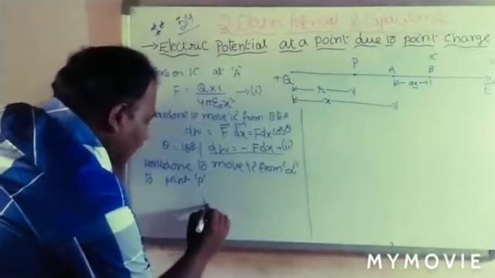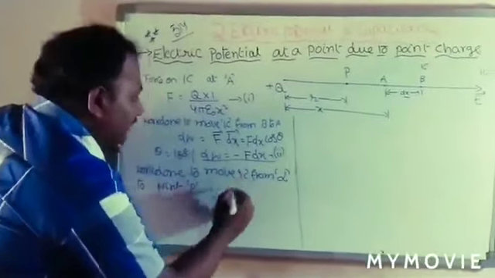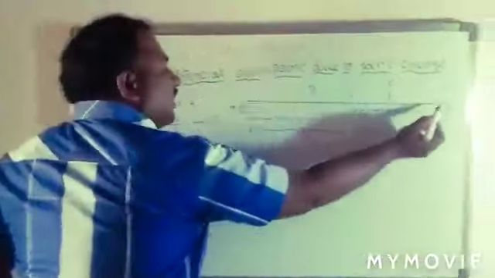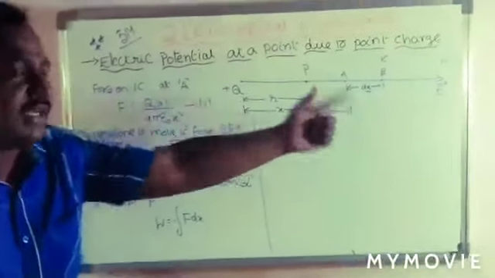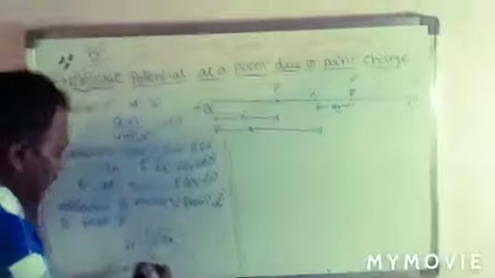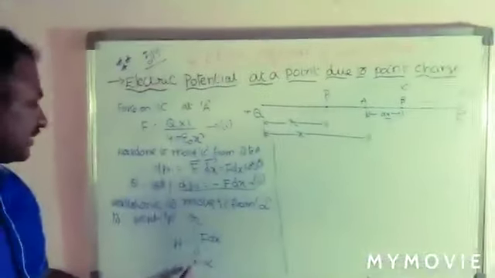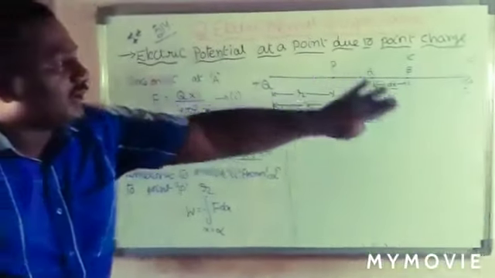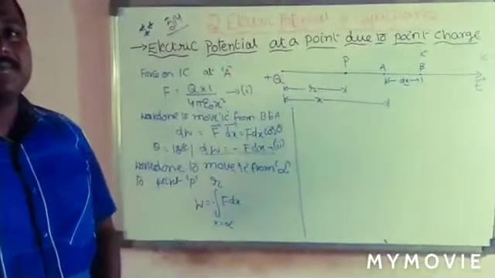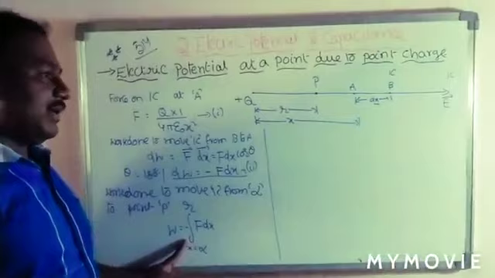It is nothing but W is equal to integral, we are going to apply total integration, minus F dx, where the limits are: initial limit is infinity and final limit is R. So the limits are from x is equal to infinity to R. If you apply the integration for this equation, we find the work done to move a 1 coulomb charge from infinite distance to point P. Now substitute the force in this work done, we obtain the total work done.